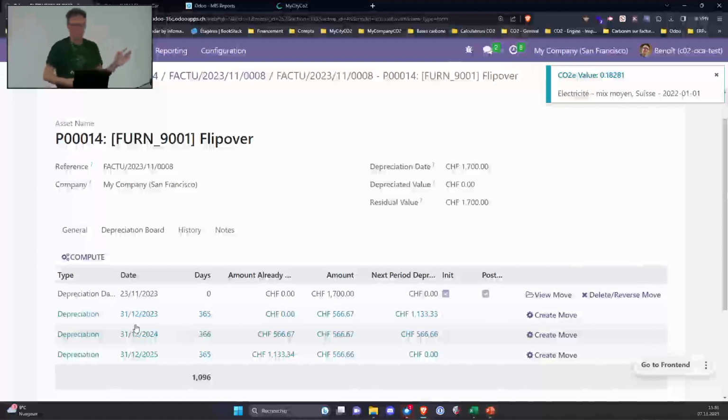Everything will follow, and you will get the right carbon amortization. This is the way it is usually done in this type of company. You may think that the carbon is already in the air, which is correct, but your money is also already in the air when you invest in an asset. So that's the way it is sometimes defined.